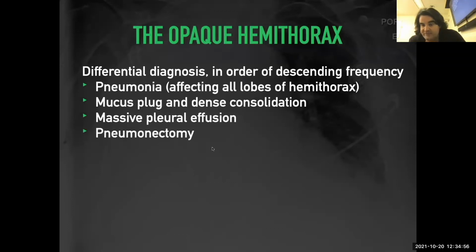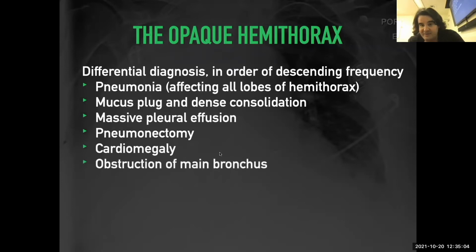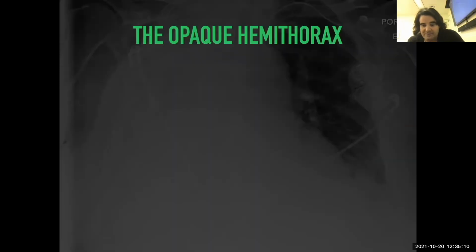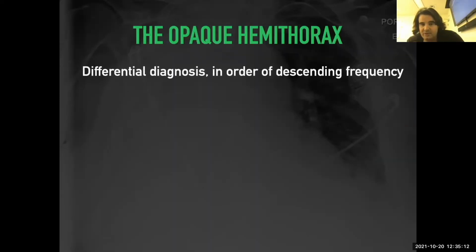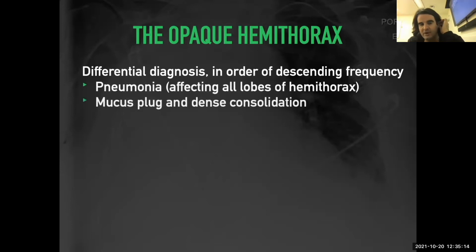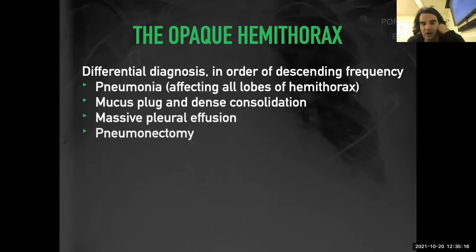Pneumonectomies, of course, usually this will fill with fluid post-pneumonectomy. Cardiomegaly, that's another challenging one, can fill an entire hemithorax, believe it or not, in severe cases. Obstruction of the main bronchus, endobronchial tumors, of course, foreign bodies. That's your typical differential. I think what I missed on here as well was just that, we make this assumption